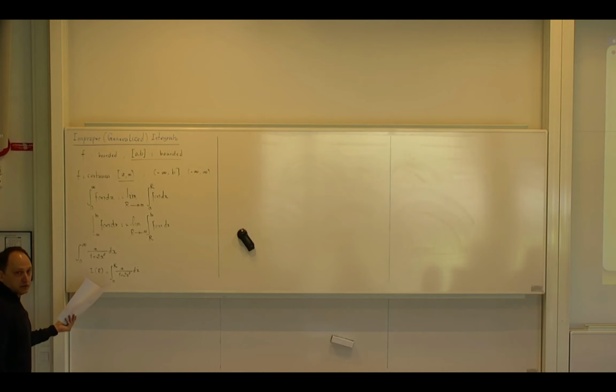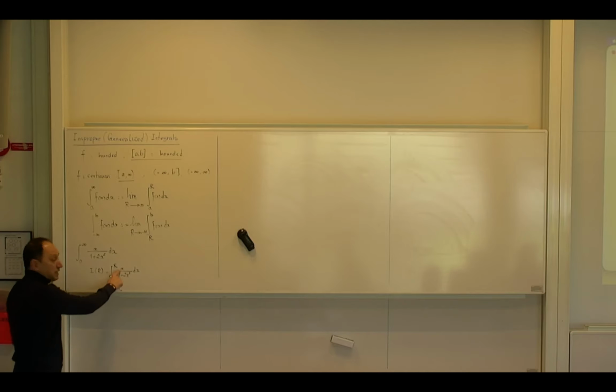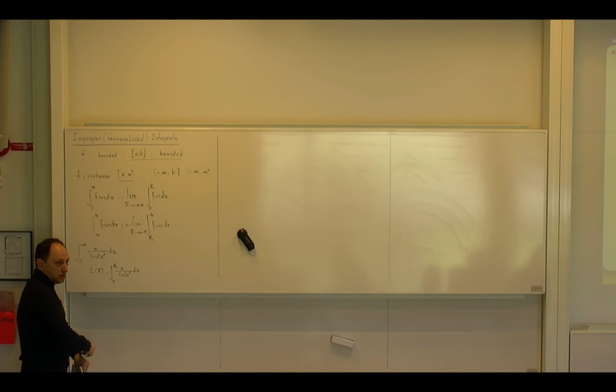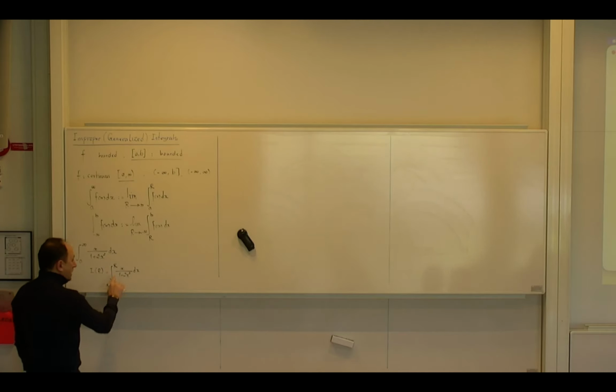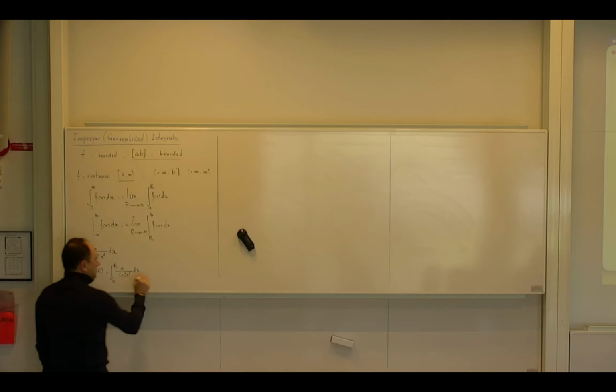Arctangent. No, it's not arctangent because there is an x up there. So that's u substitution. Yes, you can do u substitution because the one that we had didn't have these two. So you can factor these two and use the formulas we had. But let us do u substitution. Why is u substitution good? I told you before, if you take this u, what would be the derivative? The derivative would be 4x. It is not exactly 4x, but it is x with a different constant, so that's not a problem. So u substitution is a good choice.